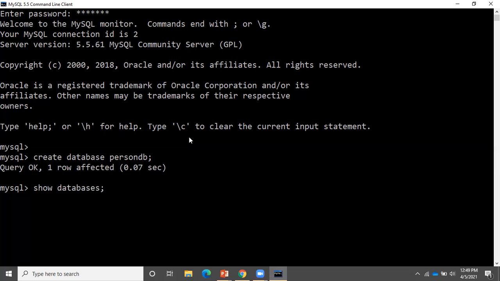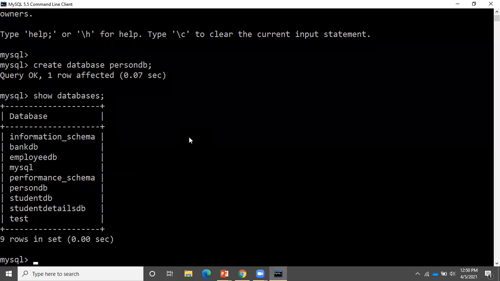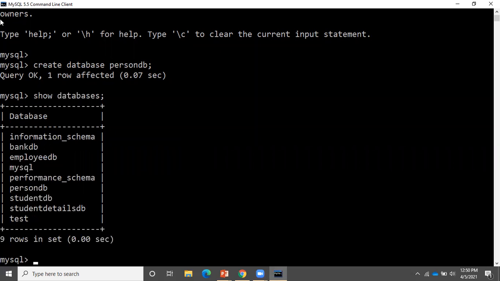So check the spellings properly and then fire a query. Here for displaying the databases, we are using show databases. As soon as I press enter, it will show all the databases present in my system. All these databases are there, and recently I created personDB, as you can see. So this personDB is also there.